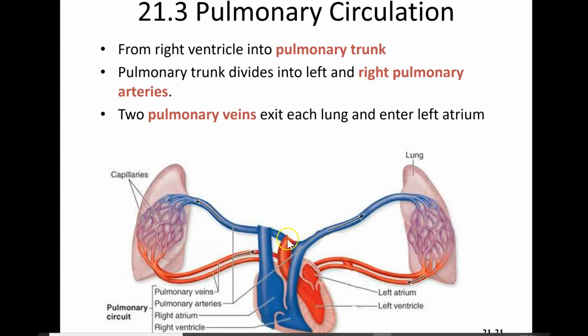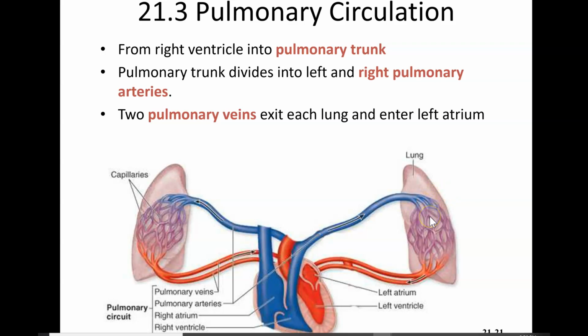So we have one pulmonary artery flowing to our right lung and one left pulmonary artery traveling to our left lung. Once we get into the lung, when we breathe in, that brings air into the